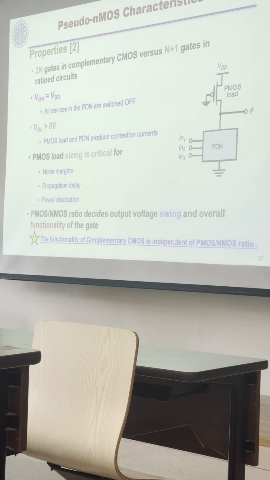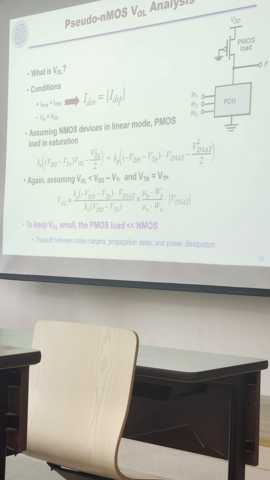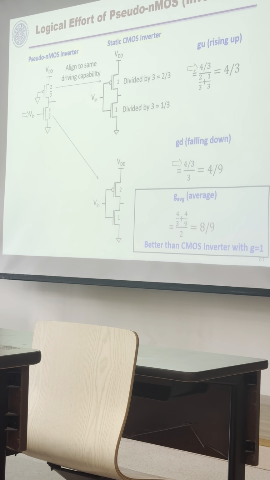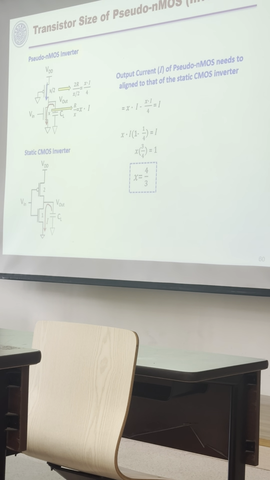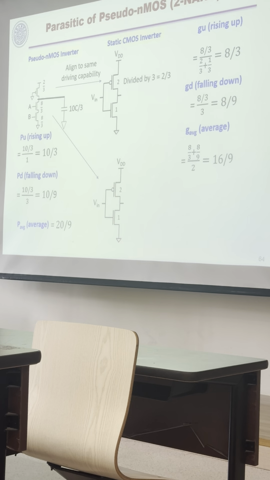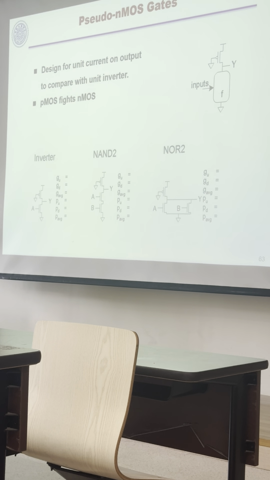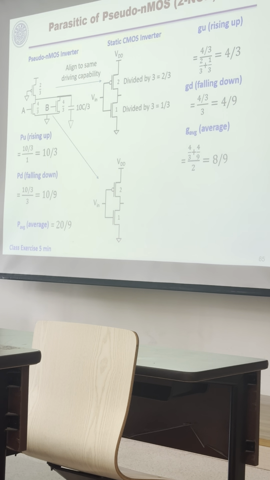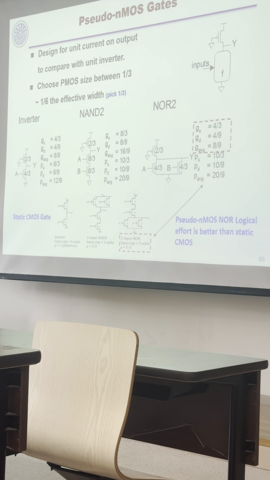CMOS is independent of ratio, but ratioed circuits are dependent. Very general concept. Because if your ratio changes a lot, it will be a functional problem. Very simple concept. This calculation is relatively complicated, so I will not test it. 这个我觉得没有太多需要你们算这个没有意义。